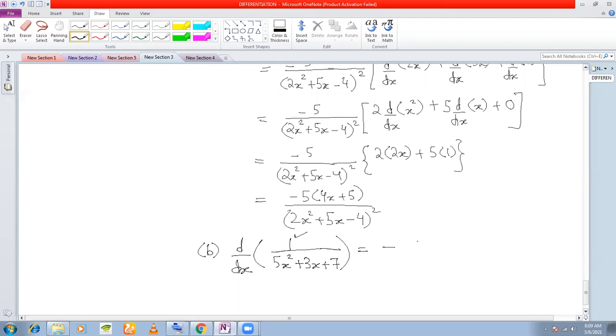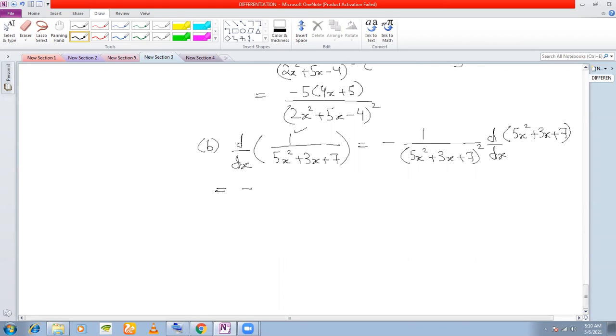So we'll simply have minus 1 by (5x² plus 3x plus 7) whole square into du/dx, right? So u here is this function 5x² plus 3x plus 7,